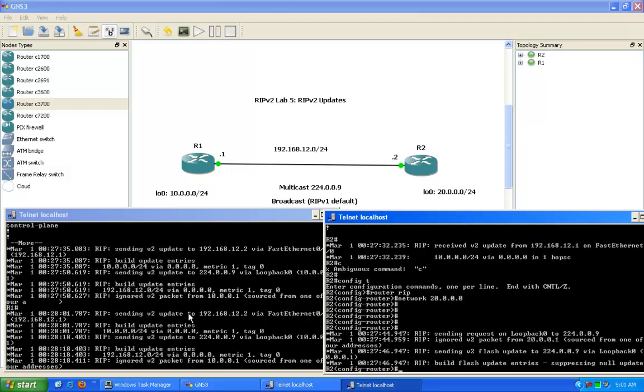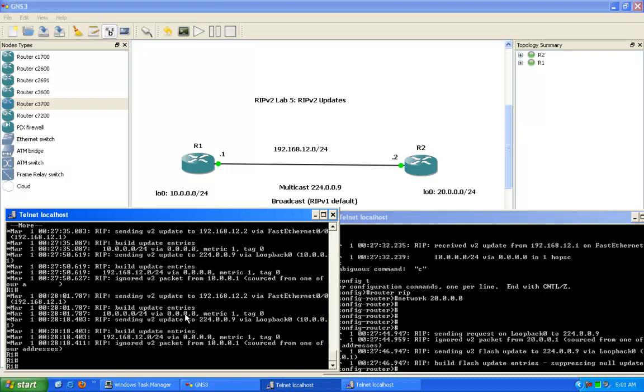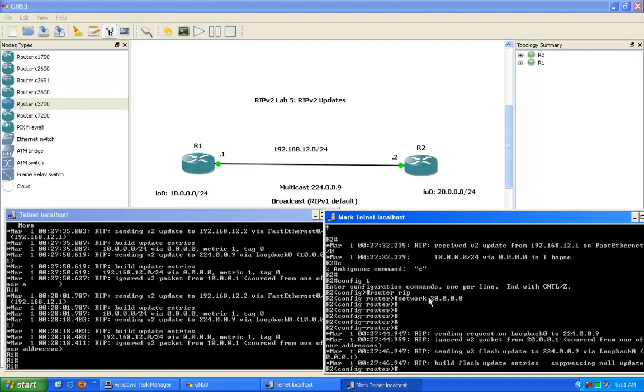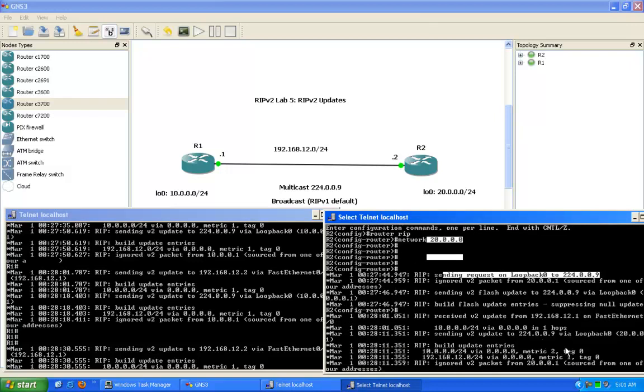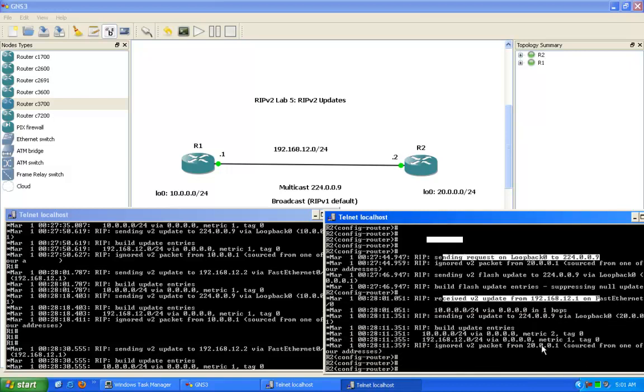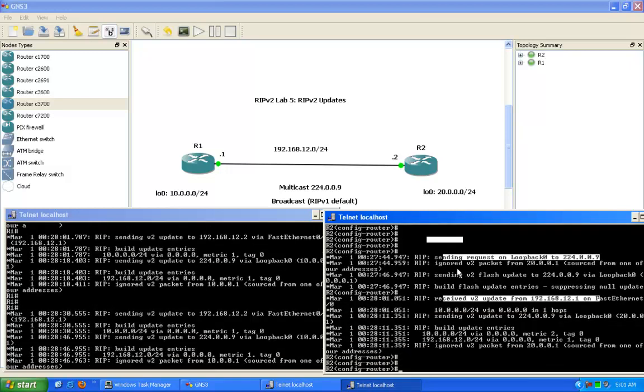And now what you can see here is that when we have router 2 set up to send the 20 network, you can see here that it's sending it only on the loopback 0 interface, because with the neighbor statement and the passive interface, it's not going to allow this traffic across